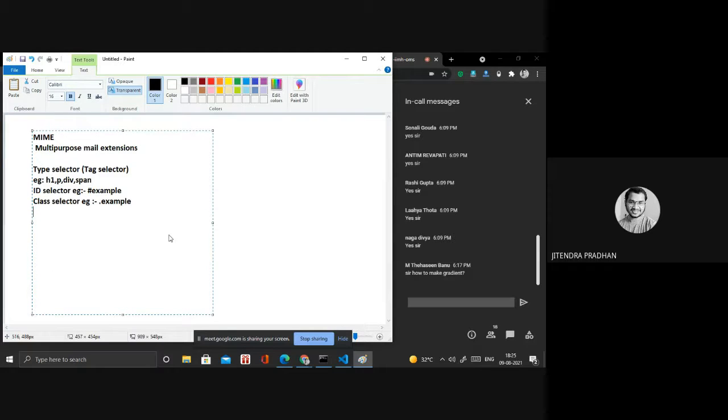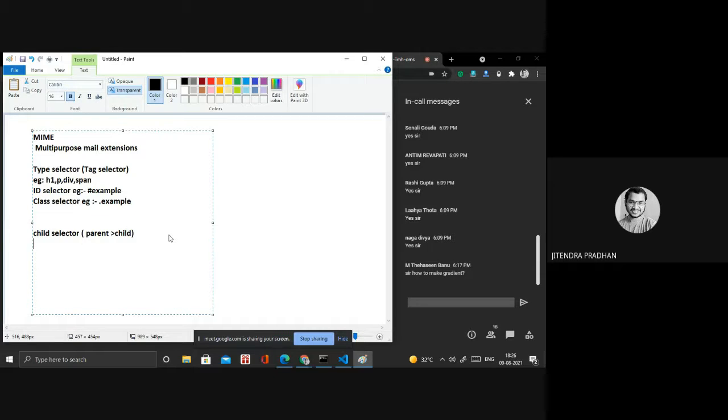So we have the child selector. Wait, I will write it below so you can understand better. We have the child selector, okay. So it's a parent, and in that we have a child.